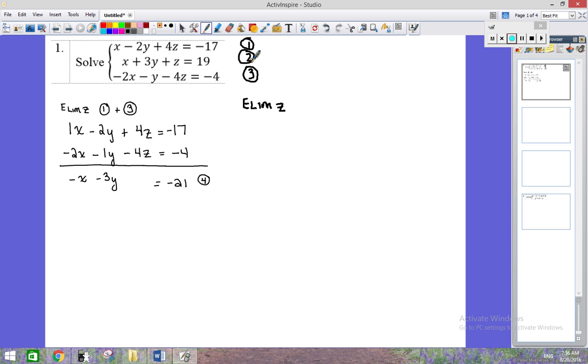And I'm going to take 4 times equation 2, and then add to that equation 3. Now, by multiplying this by 4, I can see that I'm going to get a positive 4z, and I can also see in equation 3 that I have a negative 4z, and z will be eliminated. So if I multiply this by 4,